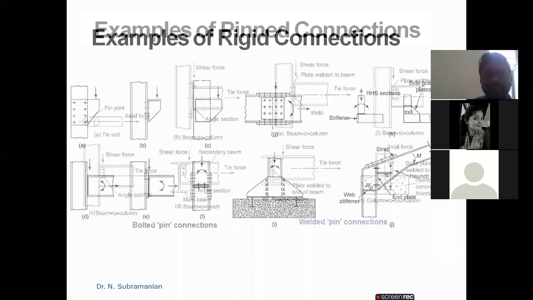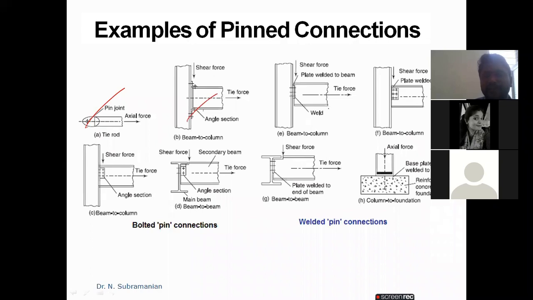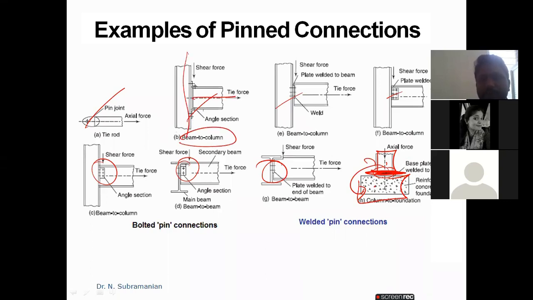These are the pinned connections. So like this, pin joint, pin joint. This is the weld here, plated weld. This is the connection. And here you see, this is the column to footing. This is the column and this is the footing. Definitely there will be a connection, whether it is a welded connection or a bolted connection. If you see, this is the beam to column. This one is the beam and this one is the column. So definitely there will be a connection here. Here, beam to column, same thing. So like that we have bolted connections and welded connections.